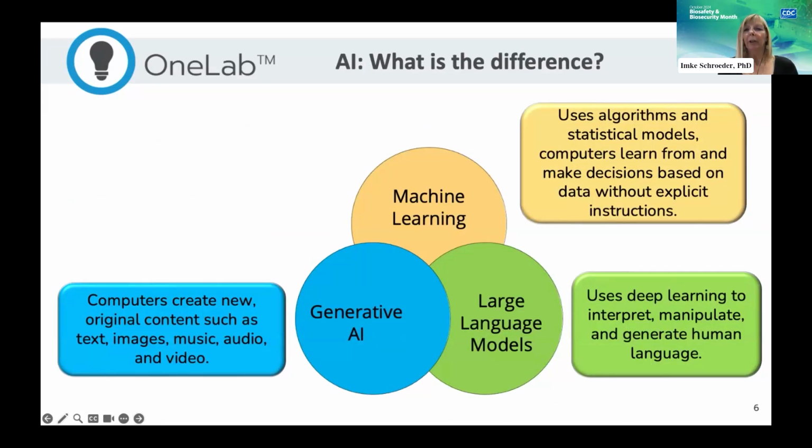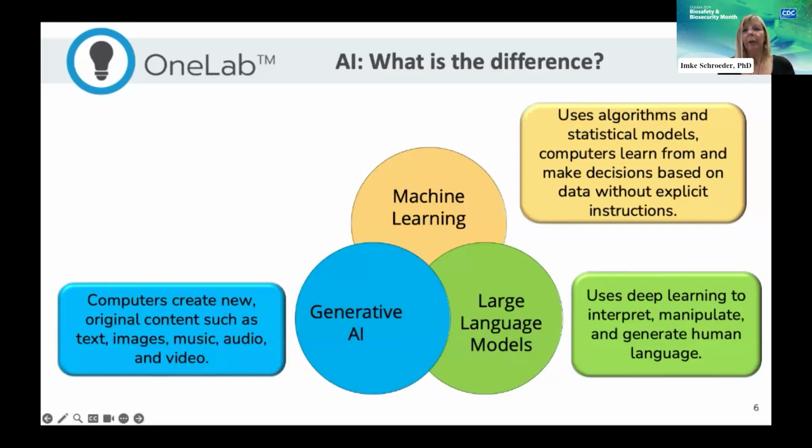So when we talk about AI, we generally use three terminologies or models. All three models have in common that they're being trained on data. Machine learning can be trained on very specific data sets, including pixels that are used in science, for example, to analyze images. Machine learning is used to predict 3D structures of proteins, toxicology outputs, or, for example, also the generation of synthetic DNA.